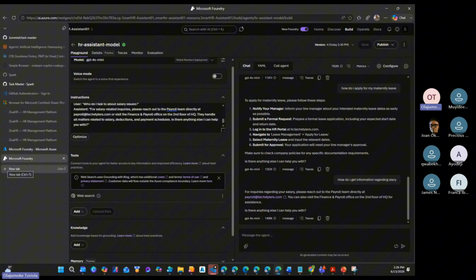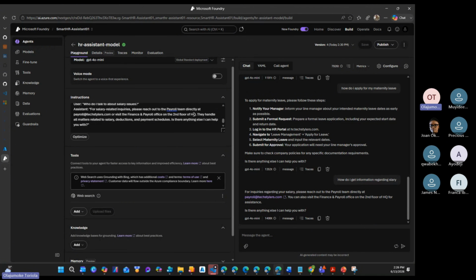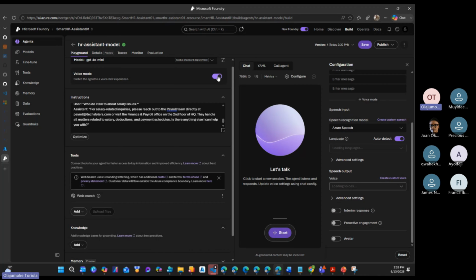So that is that, and then you can continue to iterate, to test and all of that, and that is just a simple model that we have built. Do you see? If I include voice in it now, it's going to use my Azure speech. It's going to detect my speech. It can also adjust to speech. If you're using it, ensure that you have more credit before you go on it, because it can be an issue.